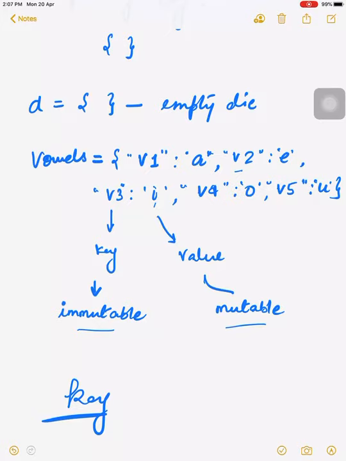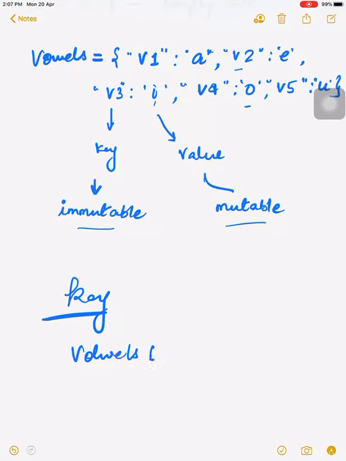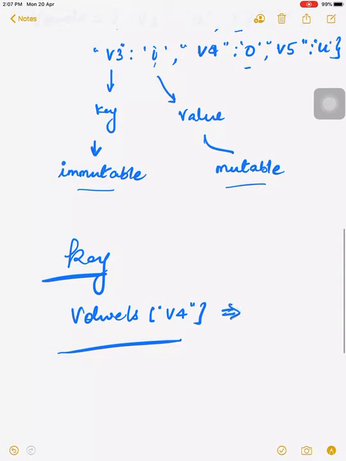For example, we have a dictionary vowel. There are 5 vowels stored. In key V1 it is A, in key V2 it is E, V3 is I, V4 is O, and V5 is U. If you want to return the value of the fourth one, that is O, then what do we have to write here? We have to write the name of the key.